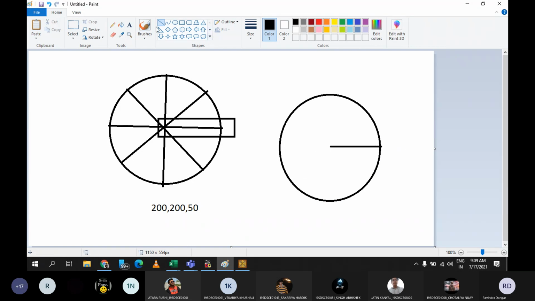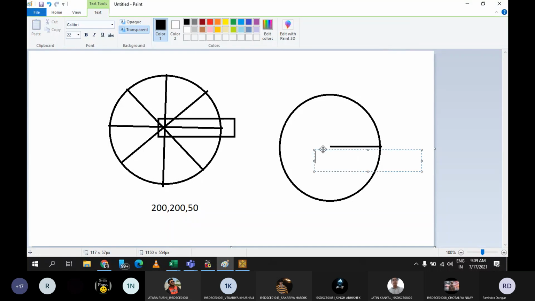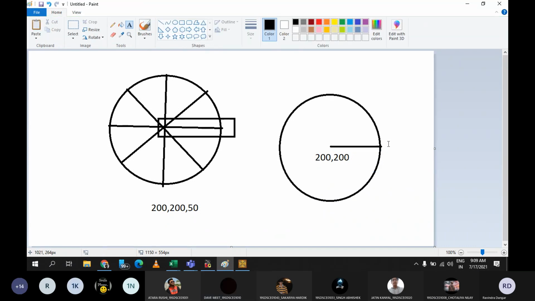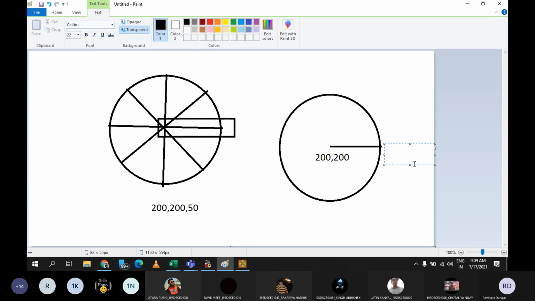So what could be the coordinate at this point for this line? This will be 200, 250. Yes or no? सर सेंटर का जीरो नहीं आएगा? 200, 200. This is the center. Sir, 200 to 250. Yeah, and so now I want coordinate of this point. So what will be the value at this point? 250, 200. Correct.